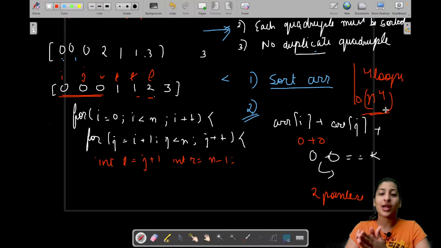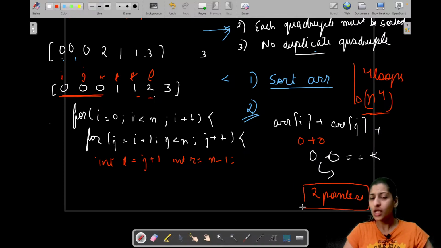But I am trying to optimize that approach using the two pointers theory here. How are two pointers going to help me? So what I'm doing is I am going in the conventional way, starting my loop from i at this index, j at i plus 1th index. Then I am taking a left pointer which is at